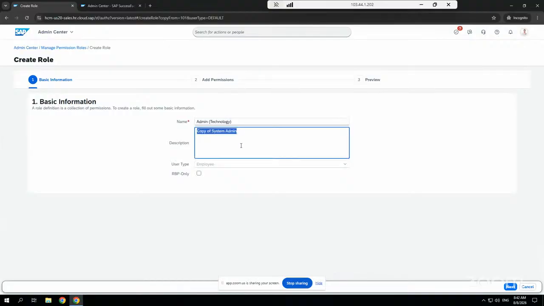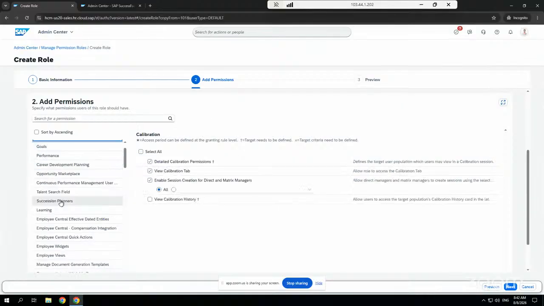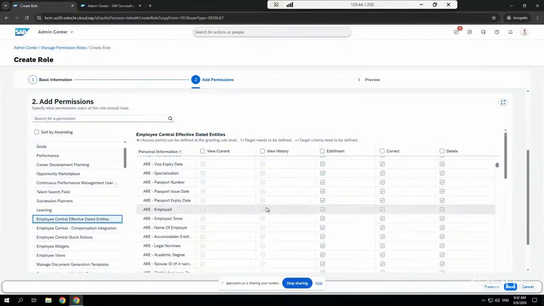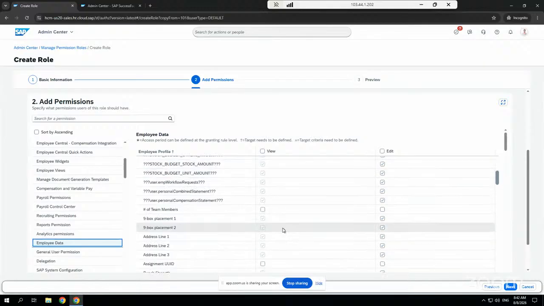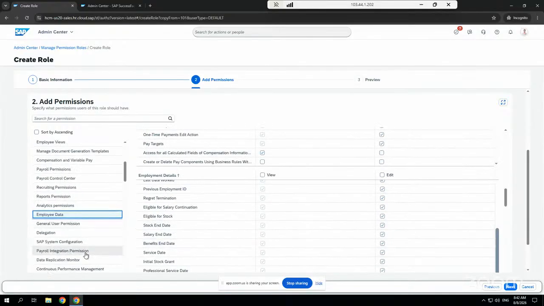Then we will remove this training or learning group. Okay, then click on next. If you see all the permissions, whatever permissions we need, we already have them in our system. So just review the permissions we need, and okay, then